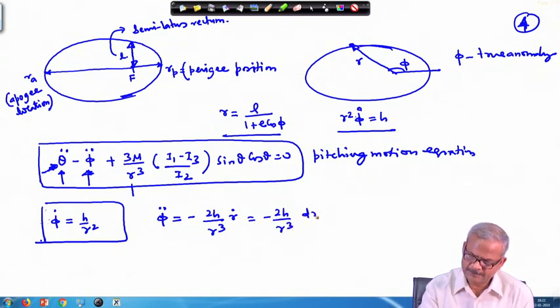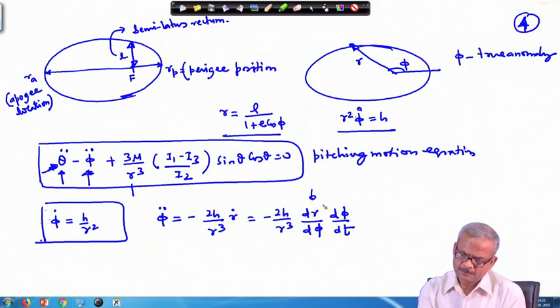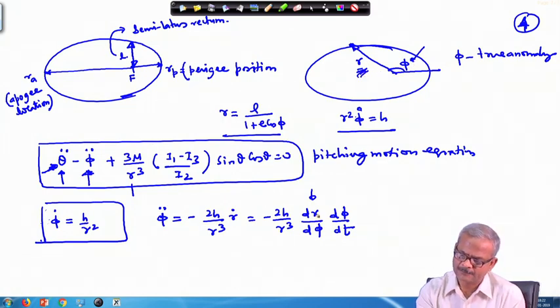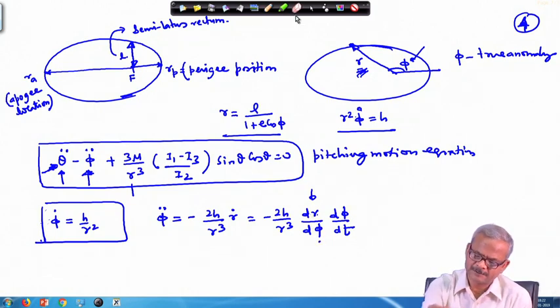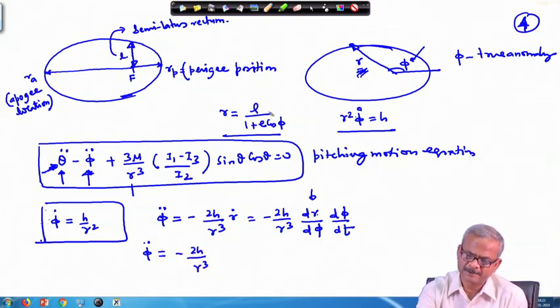And this can be further written as, r is changing with respect to phi. So, we write it rather in this way. We could have equally gone another way, first finding out r dot and then working out. Right now, if we differentiate, because you can see that this r is varying with respect to phi, as phi is changing, r will also change. Therefore, r is a function of phi and phi is a function of t. So, we are utilizing this information. Therefore, phi double dot becomes minus 2h by r cube, and dr by d phi we can get from this place.